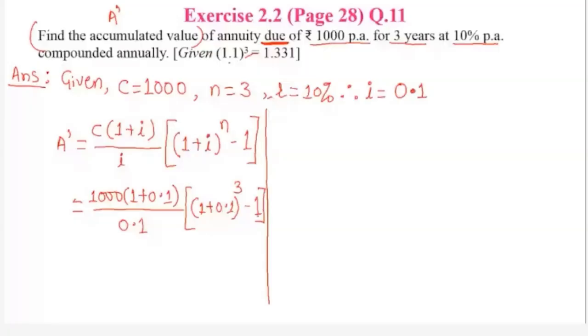Keep solving. That is equal to 1000, in bracket 1.1 divided by